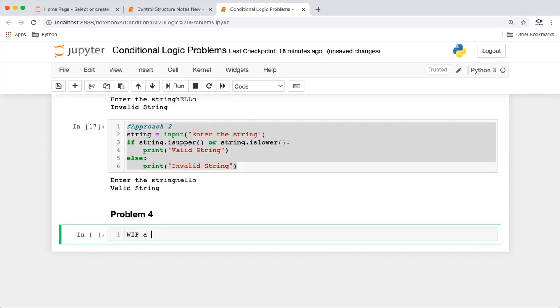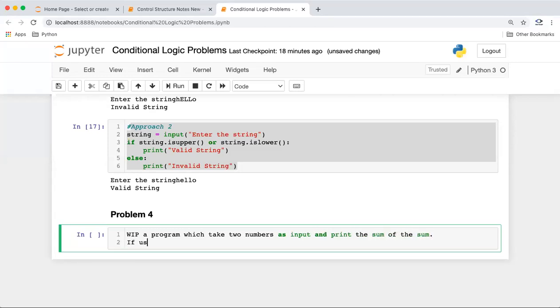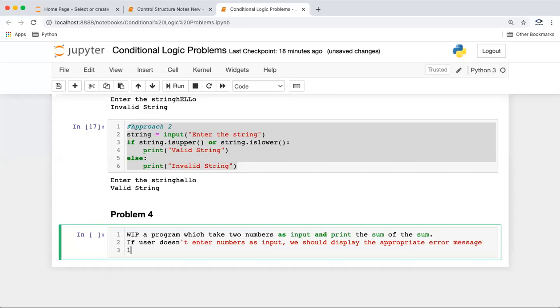We want to write a program which takes two numbers as input and prints the sum of the numbers. If the user doesn't enter a number as input, we should display an appropriate error message, like please enter numeric values.